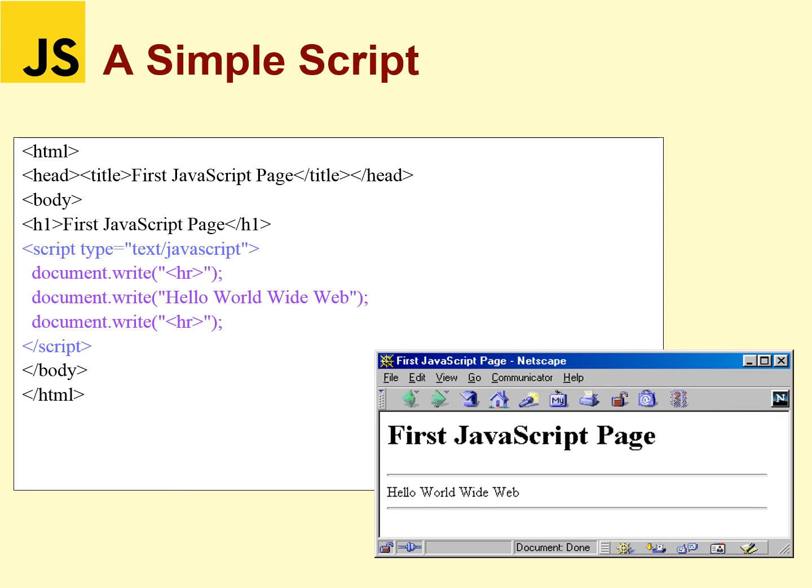So we can see the corresponding execution on the browser. Here the title of the corresponding page is First JavaScript Page, shown on the address bar. Then comes the first JavaScript page header. Then the script tag is opened. Inside that, the first statement is a horizontal line. Then a text is there, hello world wide web. Then again a horizontal line is there.